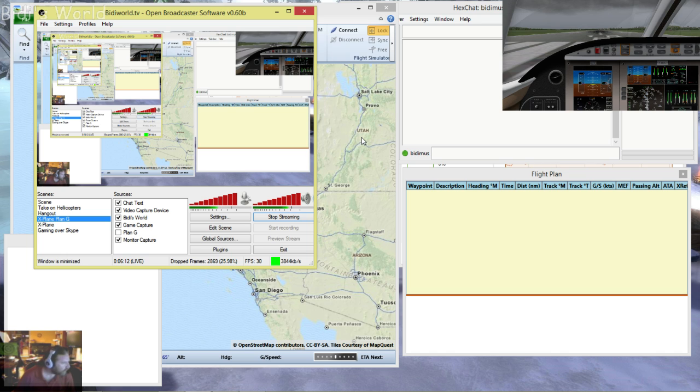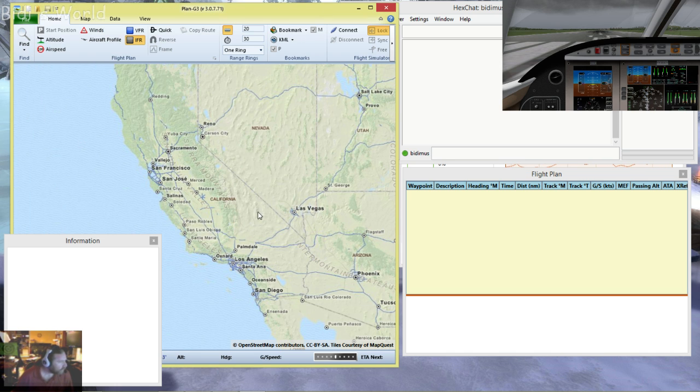So tonight, if the bandwidth holds up, we are going to try to plot a course from Portland to Seattle, and we're going to do this with real-world weather, but we're going to do this with a daytime flight. It's actually the evening when I'm recording this. So the first thing we're going to do here is in Plan G, we're going to set it up,